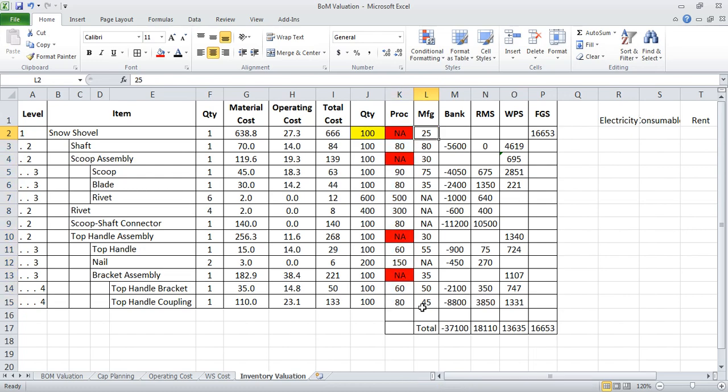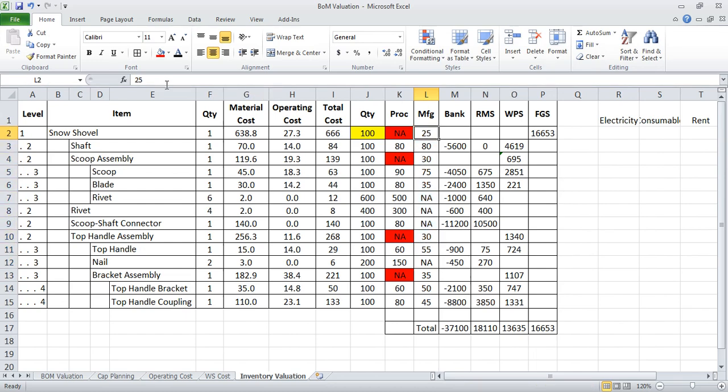Now manufacturing wise, I'll start from the bottom. Out of 80 top handle coupling material, 45 have been processed and component was made ready. Out of 60, 50 have been processed. Now for bracket assembly, we need one of each. So we can see 50 and 45. So maximum number of bracket assembly what we can make is 45. But because of the processing limitations, we have prepared only 35 numbers. Similarly, other numbers have been worked out.